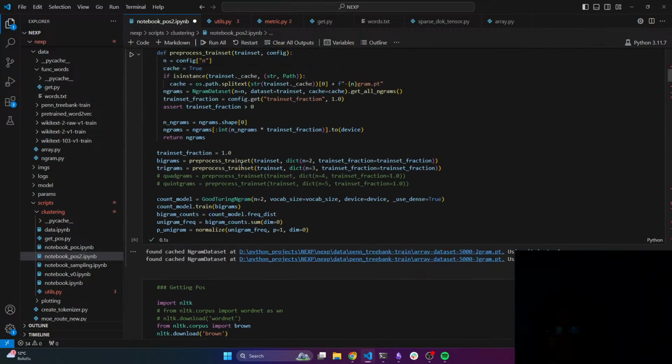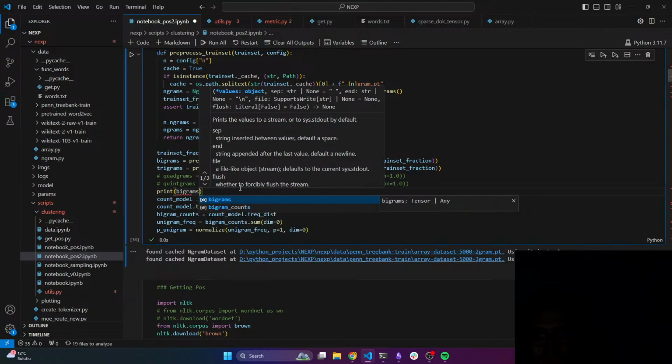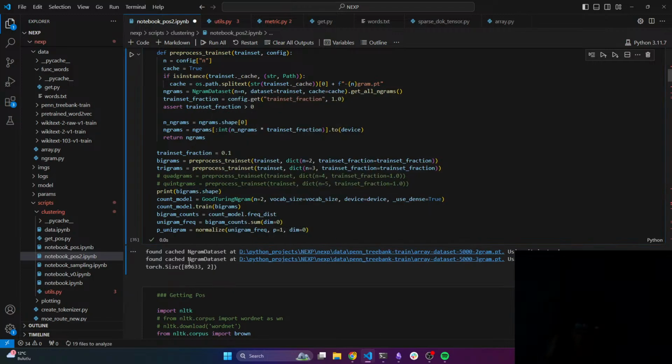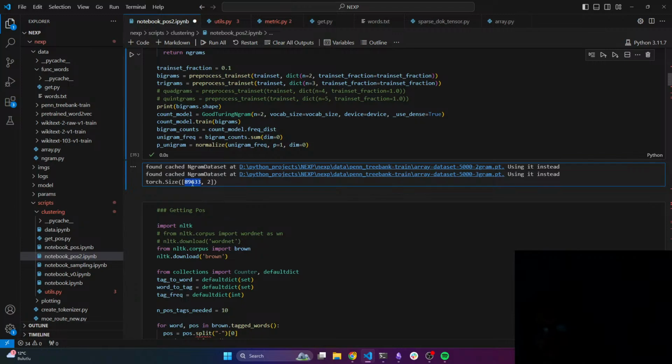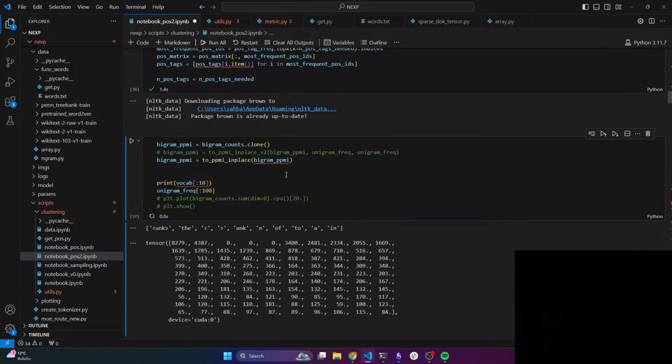Now the interesting thing is that when I reduce the fraction of the training set to, let's say, something smaller, so the 0.1, we could print out the size of the bigrams, the shape. So we have almost 90k, right? We have 90k bigrams. Previously we had 900,000 bigrams. Now we only have 90,000. So everything is basically divided by 10 if you look at it here.